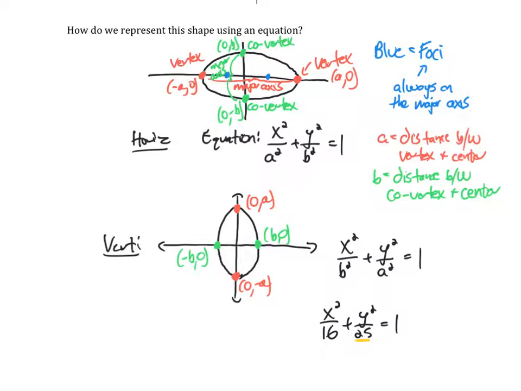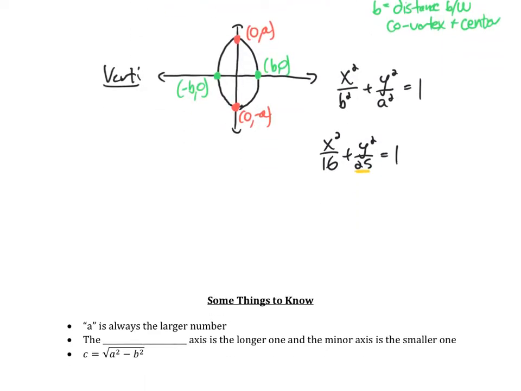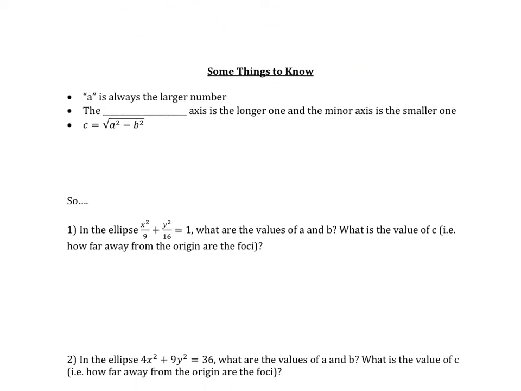Okay, so if it's greater underneath the x, that means it's a horizontal ellipse. If it's greater under the y, it's a vertical ellipse. Okay. All right, so let's go to the next page here. Some things to know. Again, a is always the larger number. We talked about that. Okay, the major axis